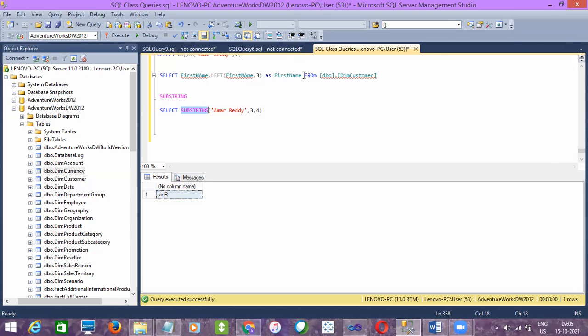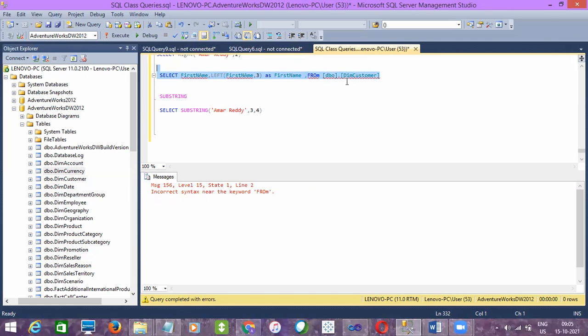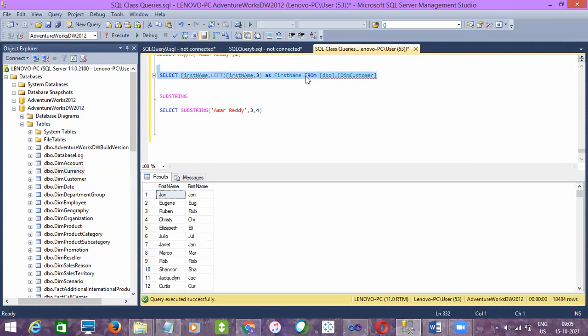I can show you on the table data as well. It's the same; instead of hard-coded values, we just give the column name. See here, substring of first name, starting with the first character, I need the next 5 characters.